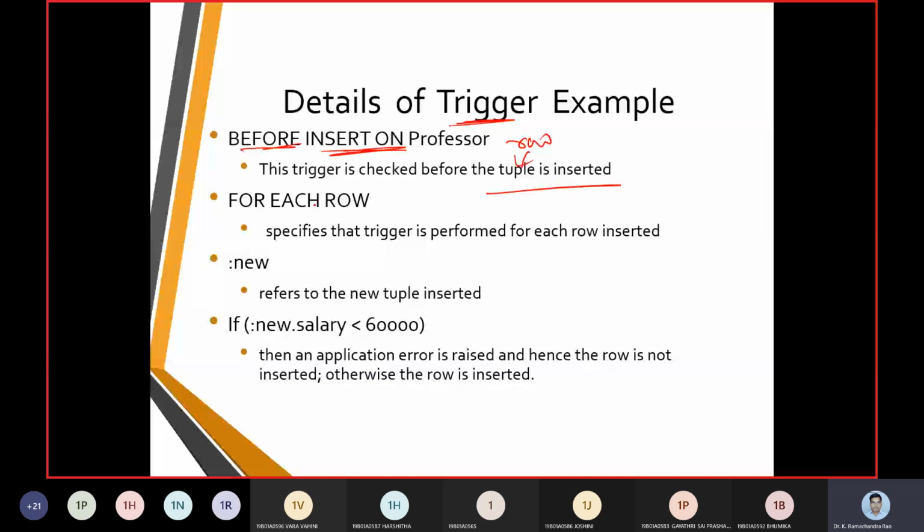Then the event that should happen. It can happen before or after, that is before insert or after insert, before delete or after delete, before update or after update. Based upon the situation, if we want to use all three we can use them, and if we want only one, we will use only one.